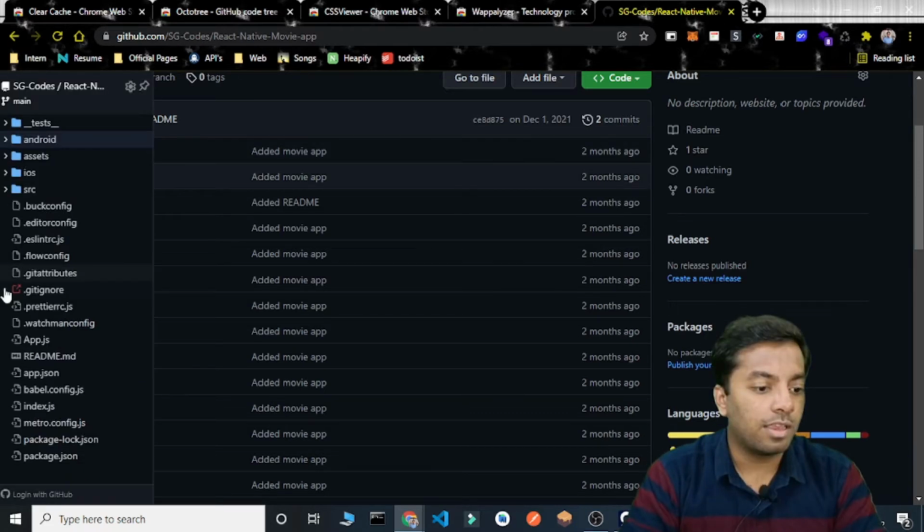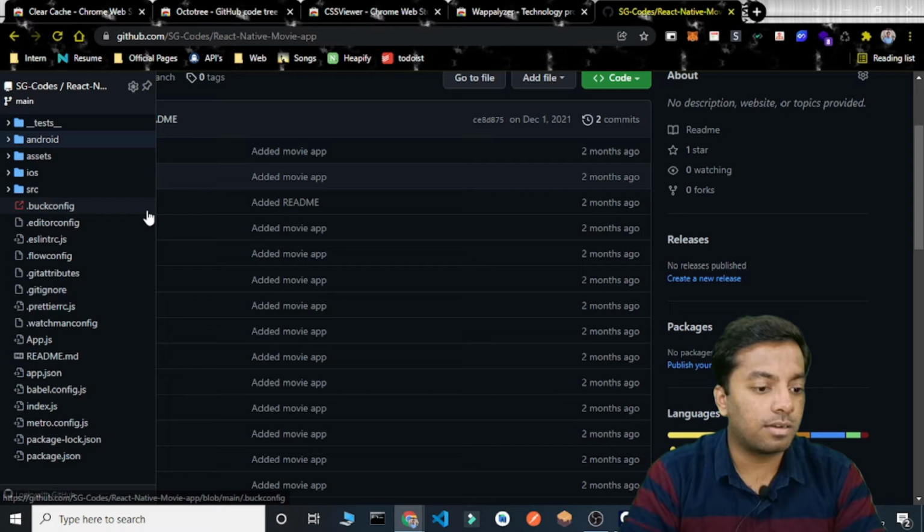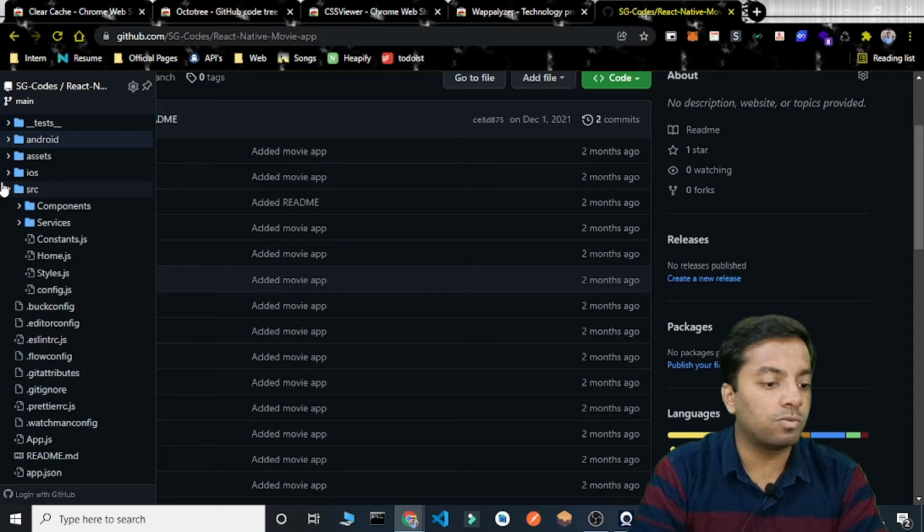Here it shows me the entire directory, the entire project structure of this GitHub repository. Here we can see all the folders with their files and other stuff. It makes it very easy for us to view the entire project structure. We can easily work on it, and we can continue our application building process.